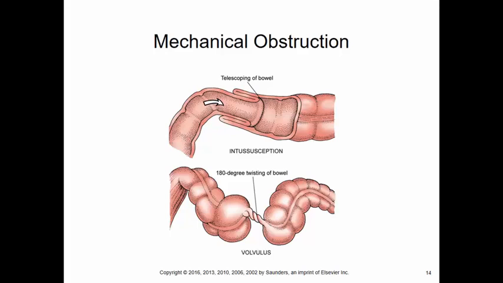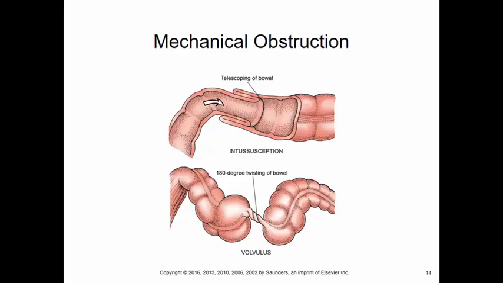Let's finish discussing Chapter 56 in the Medical Surgical Nursing, Ignatavicius and Workman, 8th edition, by talking about mechanical obstruction, hemorrhoids, polyps, and malabsorption. Mechanical obstruction, intestinal obstructions. When we talk about intestinal obstructions, they can be partial or complete and are classified as mechanical or